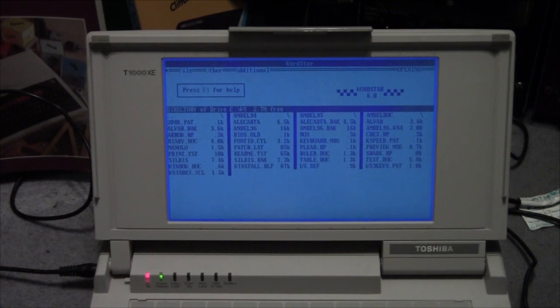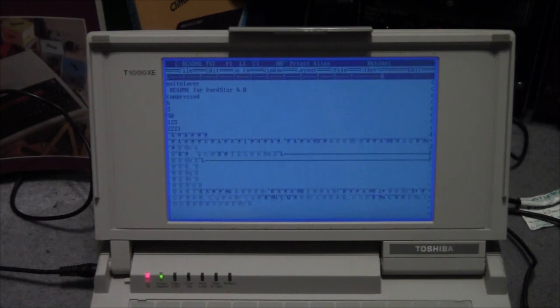Very basic text editor. And I shall go into something that doesn't give away people's work here. Because this, once again, is covered in people's work. I can't tell you much about it because obviously I don't want to give away the details of who's been working here and what work's been done on here, but there is a lot of personal work on here. But there you go, there's the readme document for WordStar